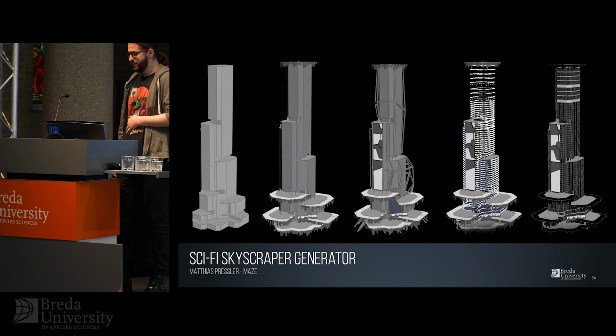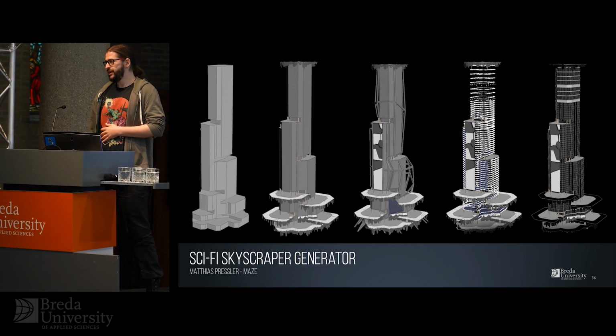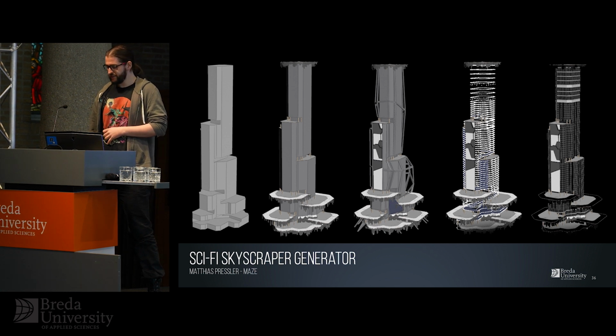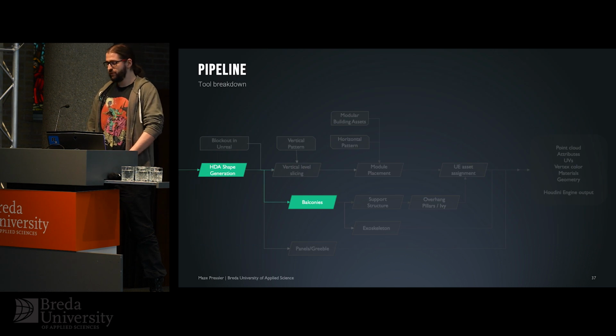Today I want to share with you my latest project, combining Houdini and Unreal to create modular sci-fi buildings. The purpose of this tool is to enable faster and more efficient sci-fi world building while adhering to the real-time performance constraints of game engines. With this tool, designers and artists can easily create and modify complex building structures, saving time and resources in the creative and production process. First, I want to give you a brief overview of the shape generation and the balcony